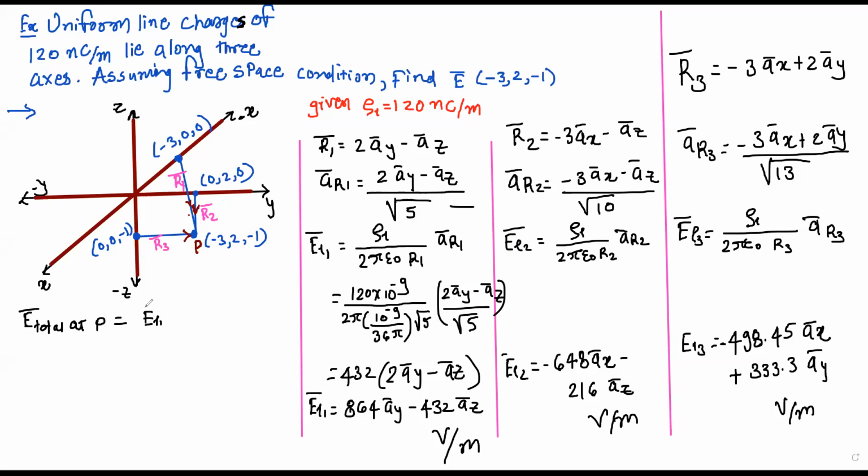EL1 plus EL2 plus EL3, right? So you just add all those components and try to find the answer. Total electric field E bar is equal to